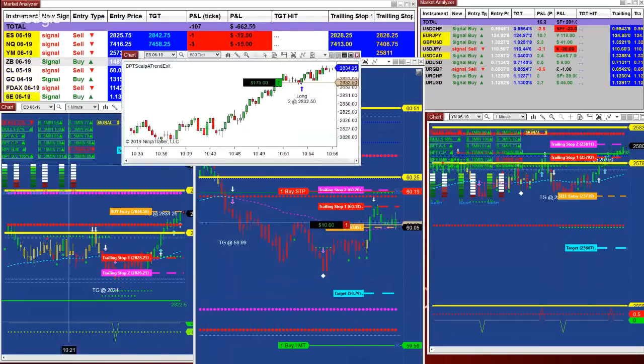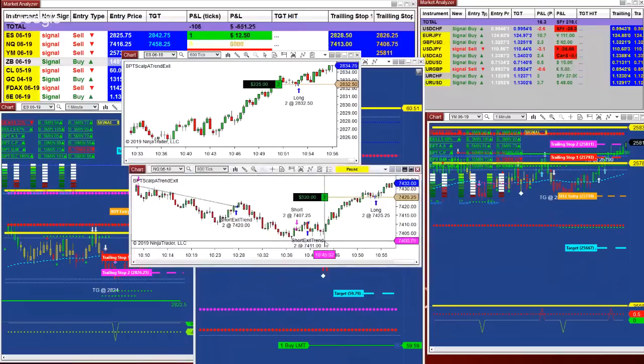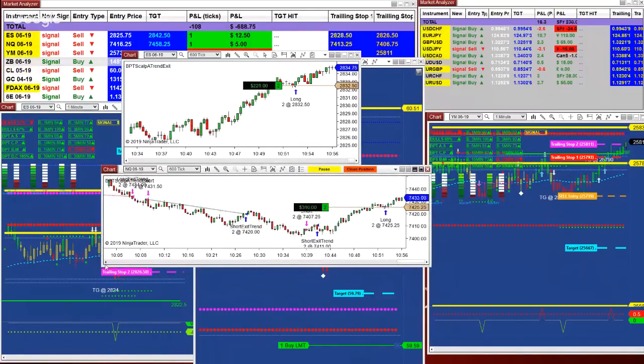It does not mean you're going to be totally clear, but if you are using a higher time frame, for example the 600 ticks, you're going to have some losing trades on the 600 ticks, but